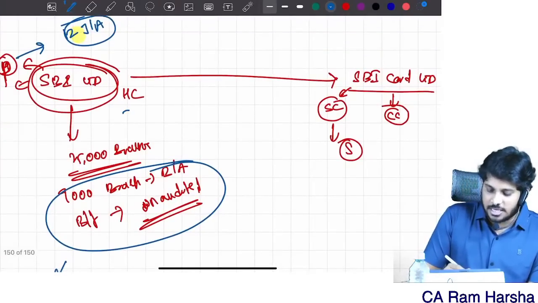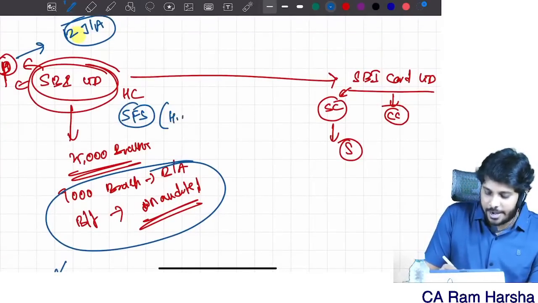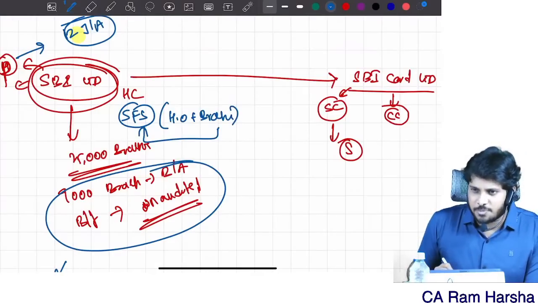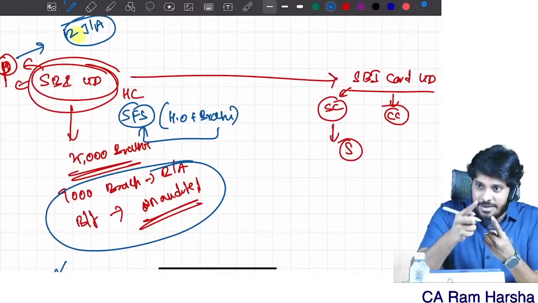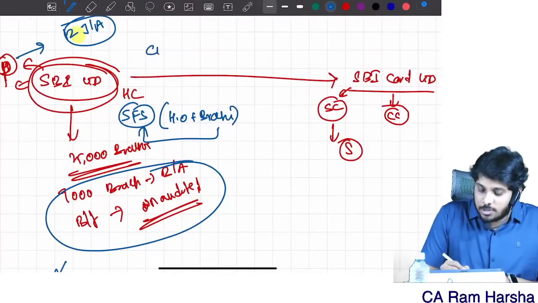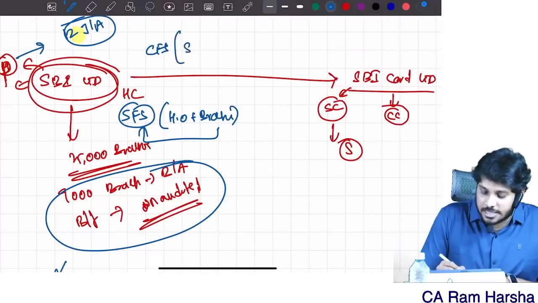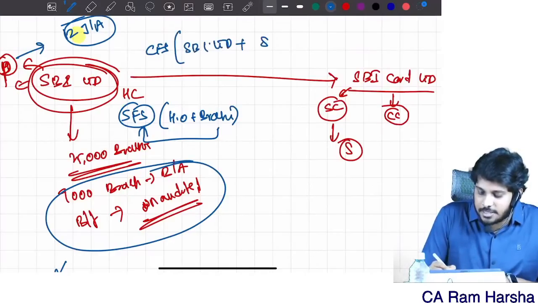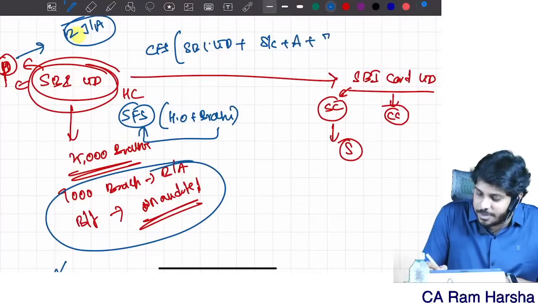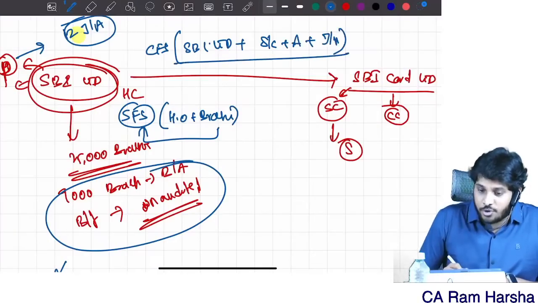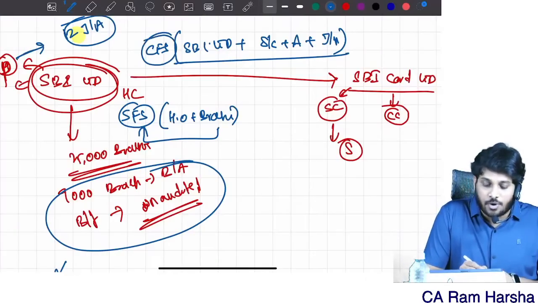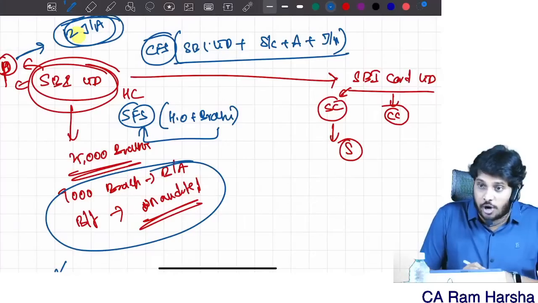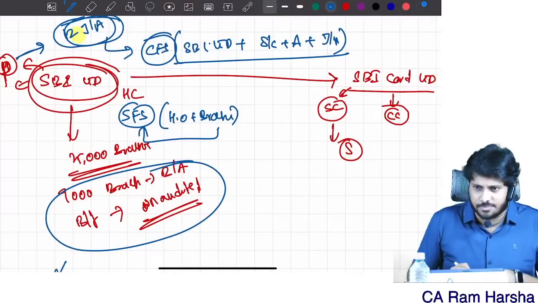One set is standalone financials, where head office plus all branches will be consolidated, correct? Head office plus all branches, the combined picture, is called the standalone financials of SBI Limited. And they also prepare consolidated financials. Inside this is SBI Limited plus all subsidiary companies plus associate companies plus joint ventures. All put together, we prepare group financials. That's called consolidated financials.